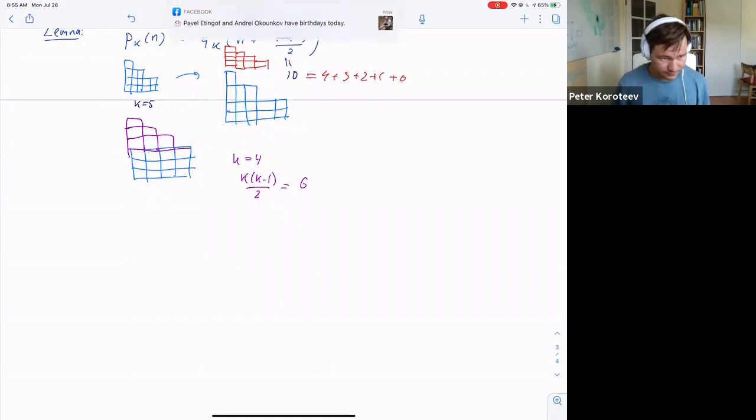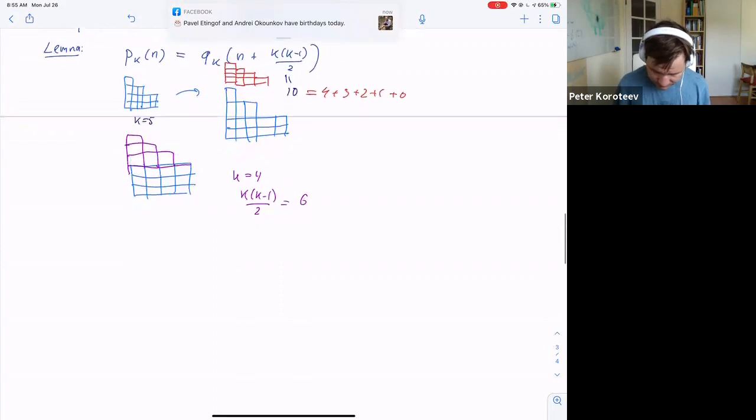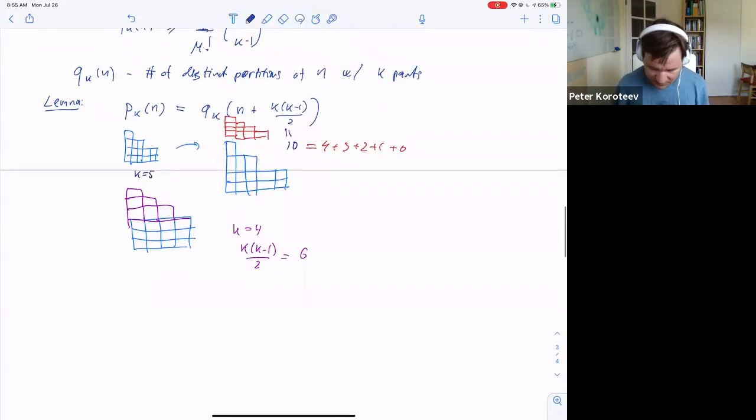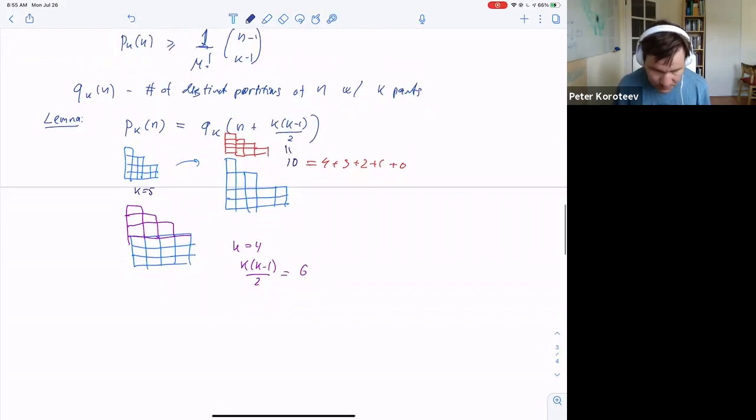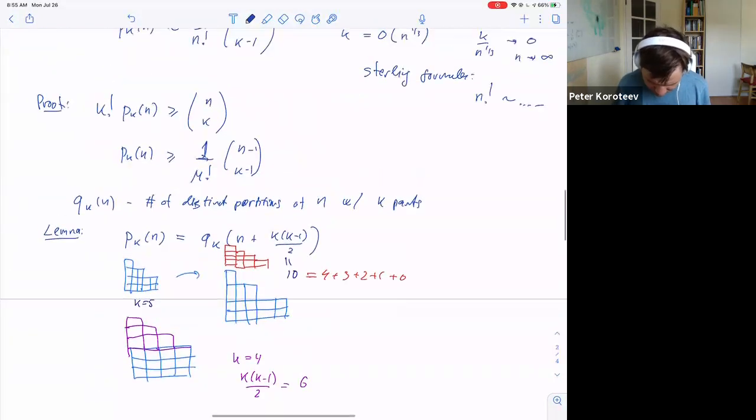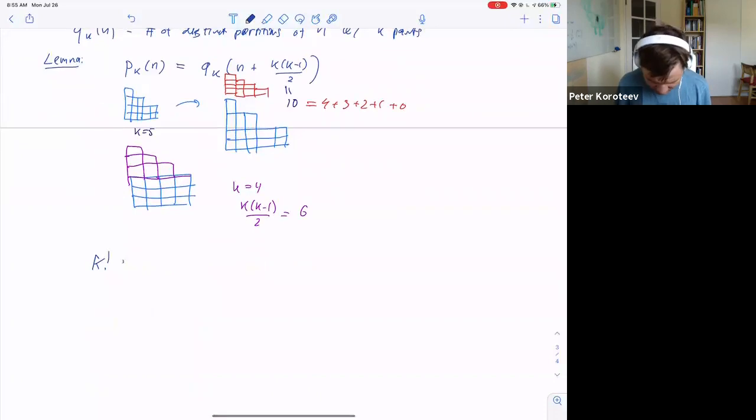Okay. Now, we can write the same inequality for those distinct partitions, which is also true. So k factorial, m, it's a typo. There's no m. There's k. It's k factorial. So k factorial q_k of n is less or equal than n choose k minus 1,